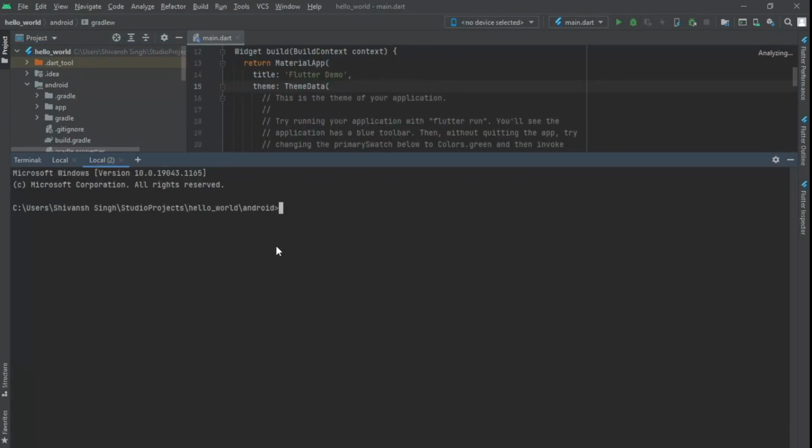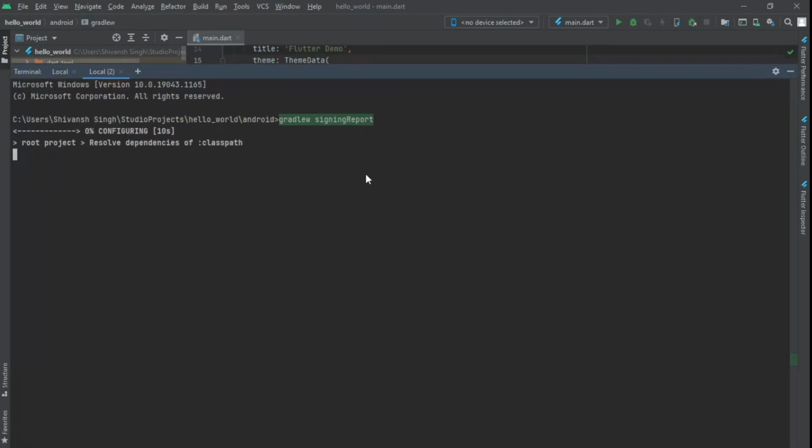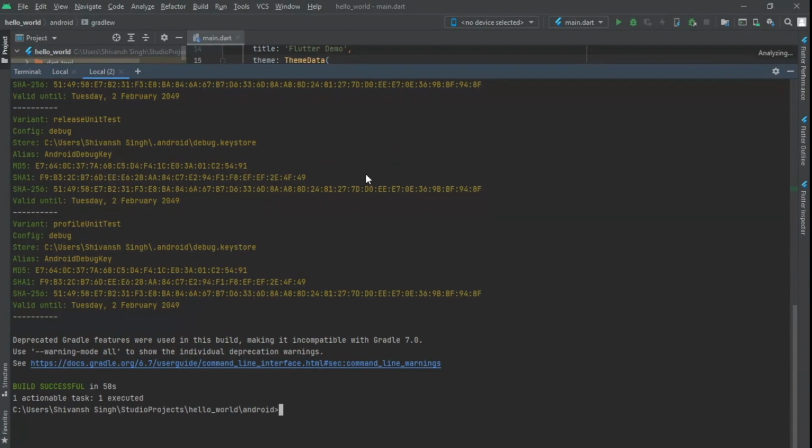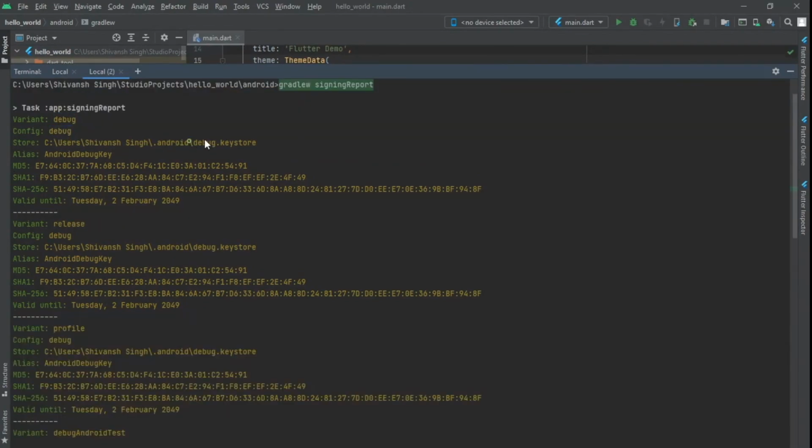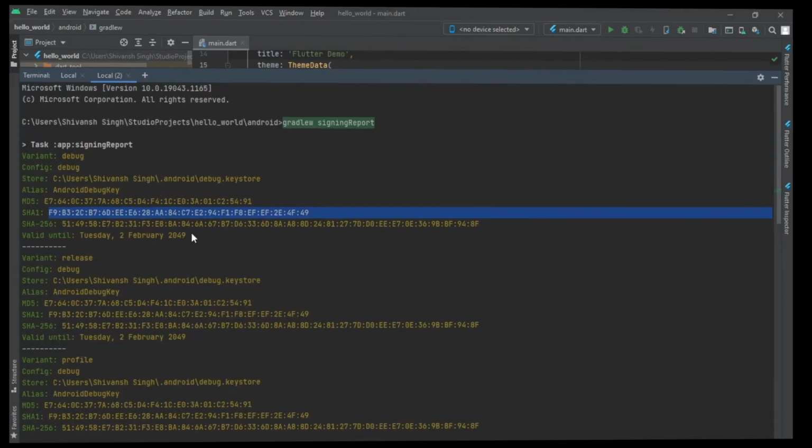And as this opens up in our terminal, we have to write this command, and with this command we will generate a signing report for our application. And yeah, we are provided with all the signatures like release keystore, debug keystore, everything. So this was for Android Studio.